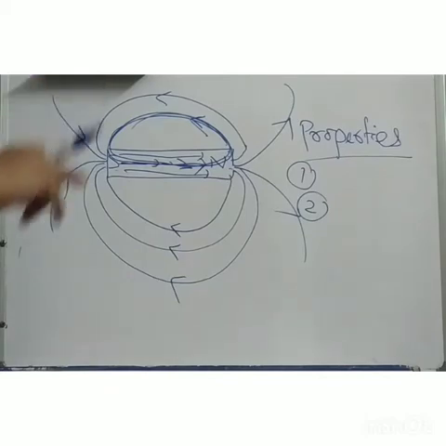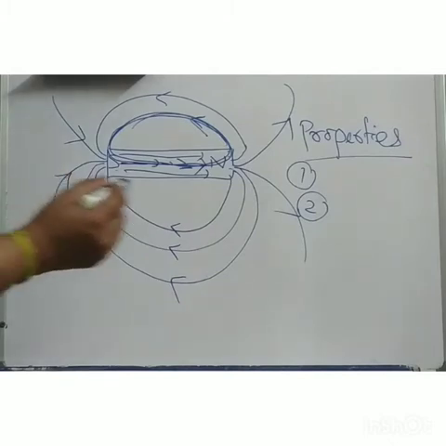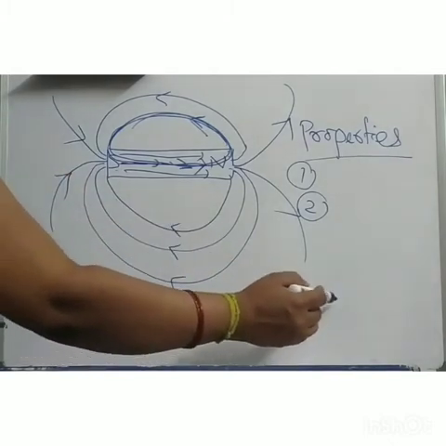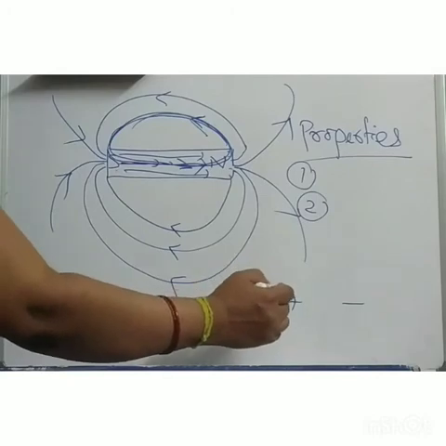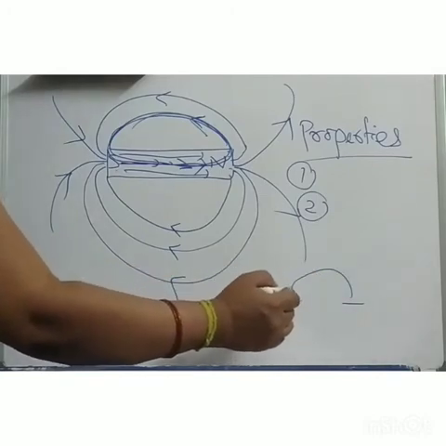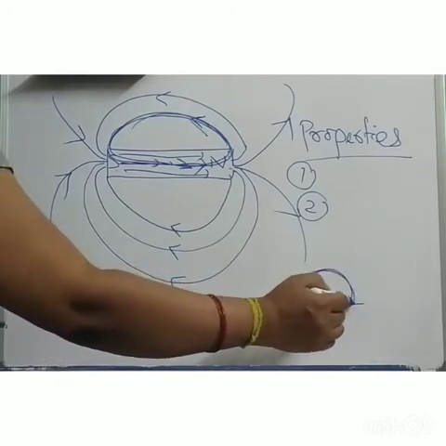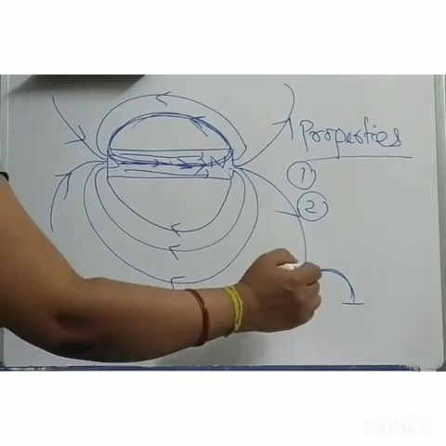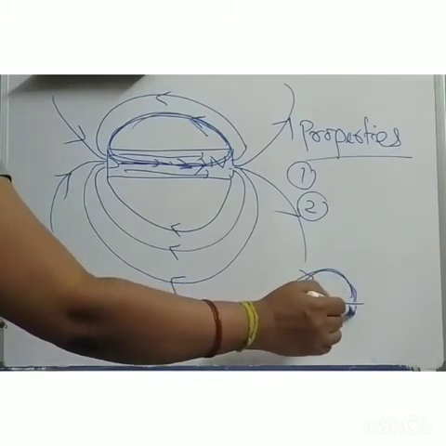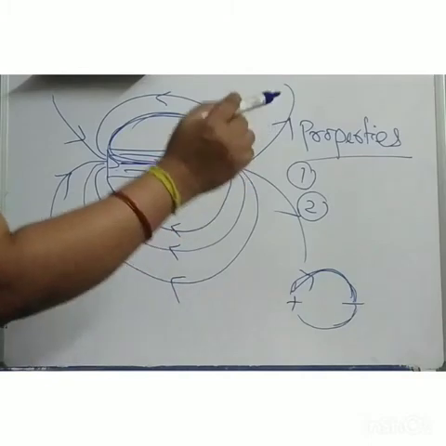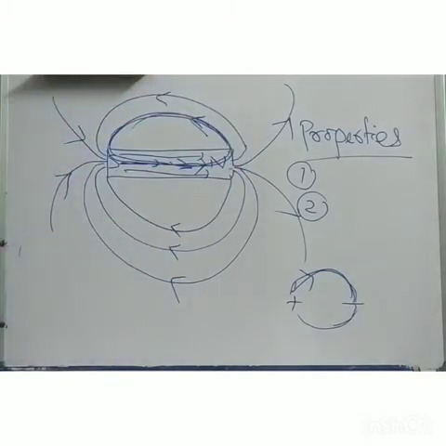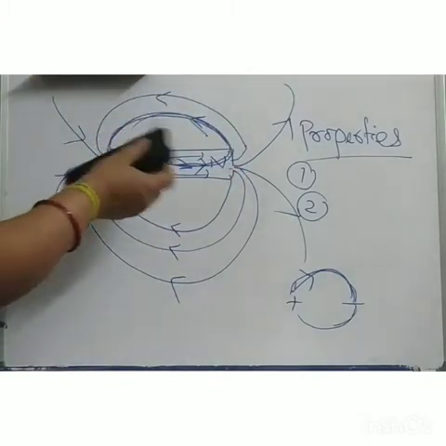Actually, it is an analogy to electrostatics, about the charge thing that you are going to study in 12th. Suppose plus charge is over here and minus charge is over here. You will see the electric field lines will go like this. They start from plus and enter into the minus. So you will see this continuous curve over there also.